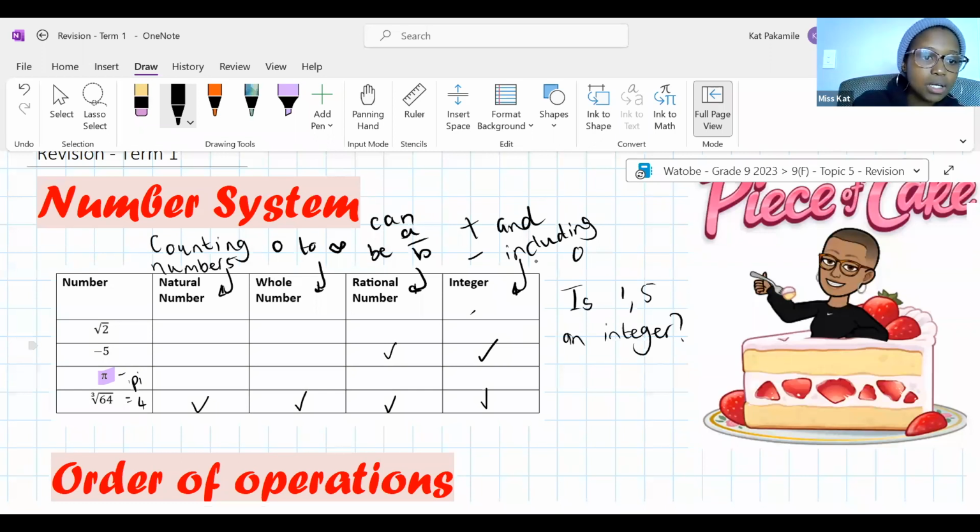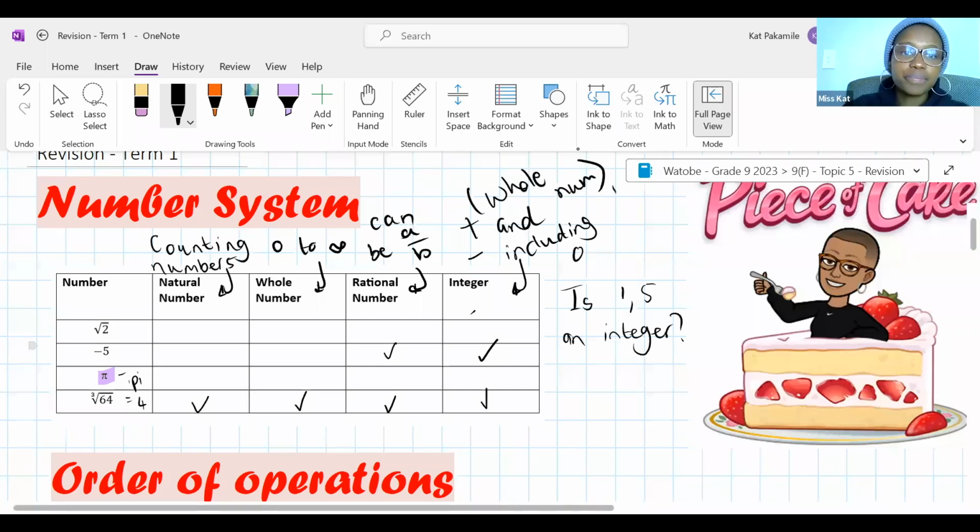It's a decimal. Okay. Yes, Tabang, but I wanted to know if it's an integer. Thank you. So remember, integers are positive and negative whole numbers. So you do not include fractions and decimals. So the condition here is they have to be whole numbers. I just wanted to see that we all remember, okay? Don't get tripped up and tricked into thinking integers can also include decimals and fractions, because they can't.